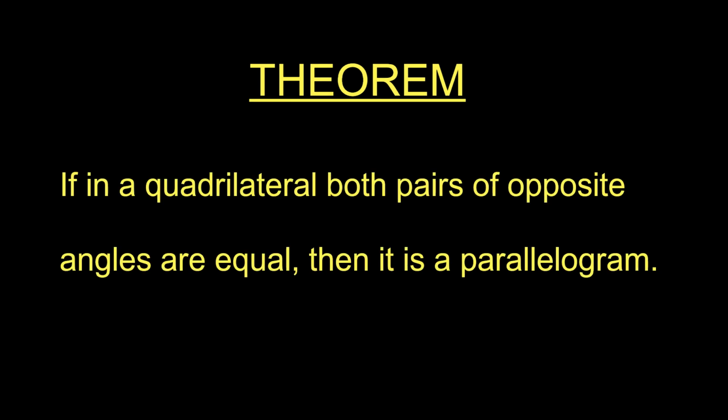Right, so in the last video we had proved the theorem that in a parallelogram opposite angles are equal, and in this video we are going to continue with that. So we have got 4 theorems left. The next theorem that we have, if you want to write it down, you can pause the video and write. So the theorem is, as you can see on your screen, if in a quadrilateral both pairs of opposite angles are equal, then it is a parallelogram.